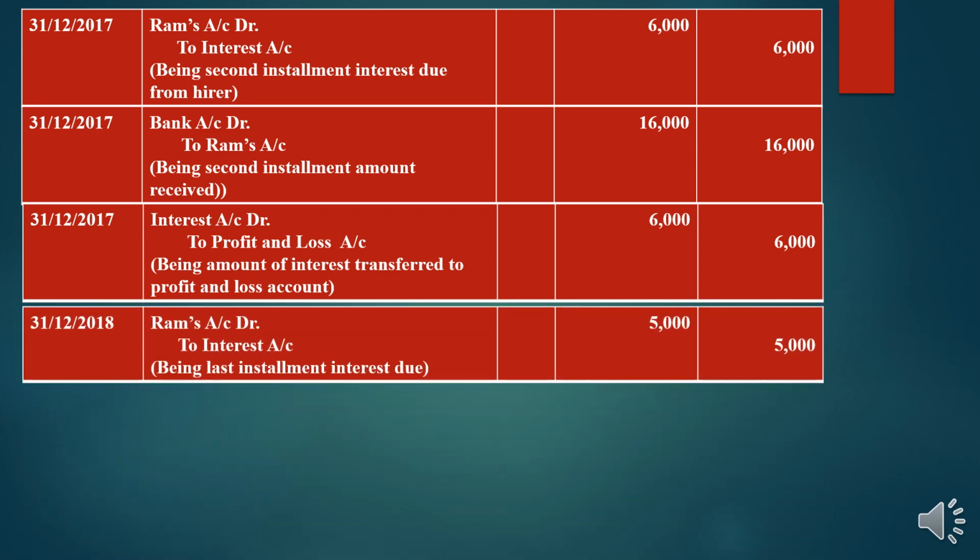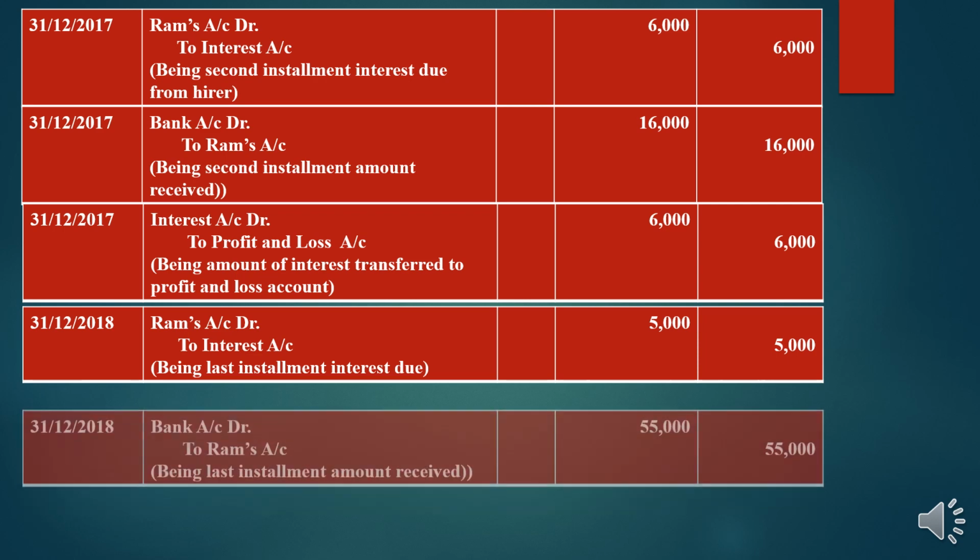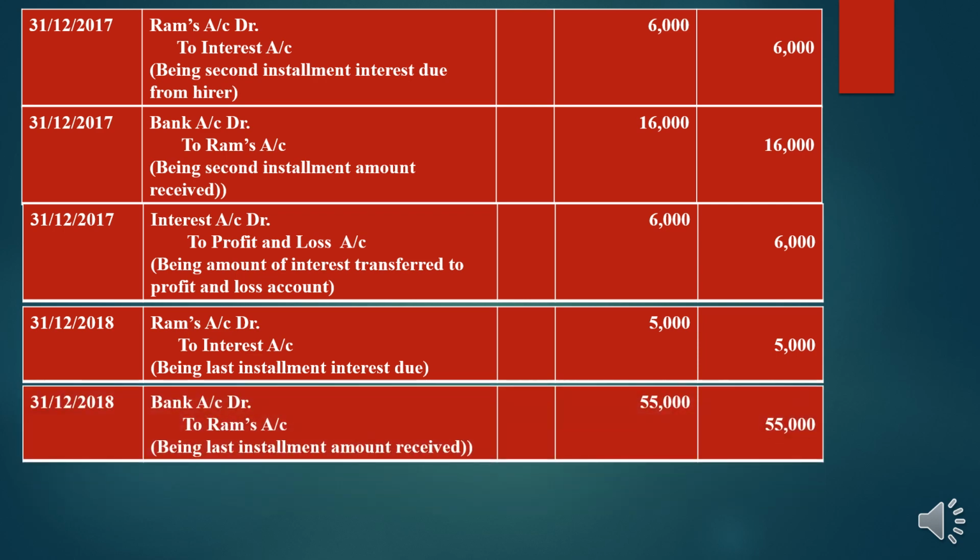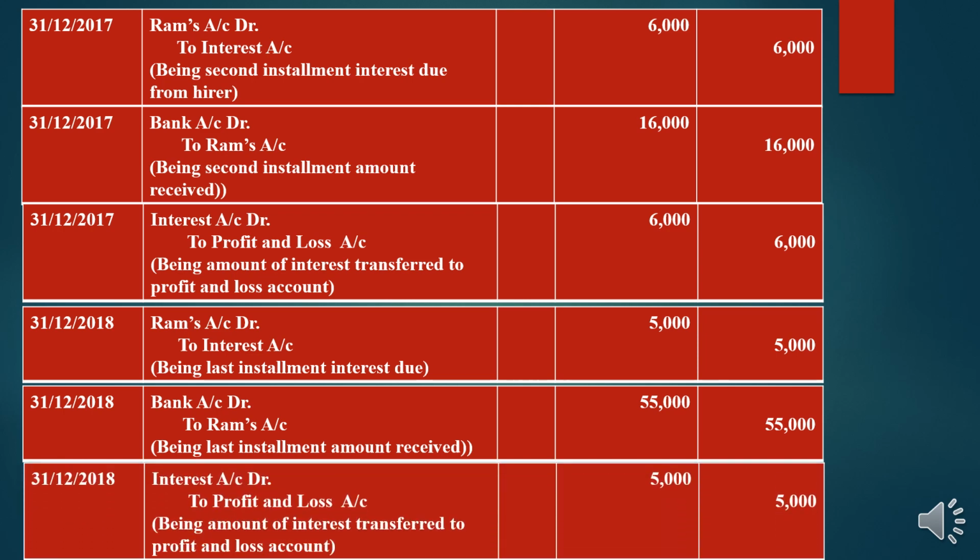The next one is to show the journal entries of the last year. Again, when the interest amount is due from the hirer, Ram's account is debited and interest account is credited. The amount is 5,000. Then the next one, bank account debit to Ram's account, to show the installment amount of the last one received, 55,000. And finally, the last journal entry is to transfer the interest to profit and loss account, wherein the journal entry is interest account debit to profit and loss account, and the amount of interest is